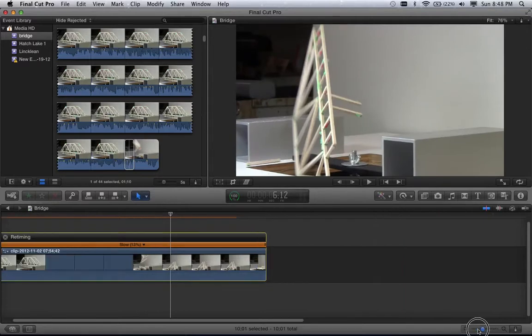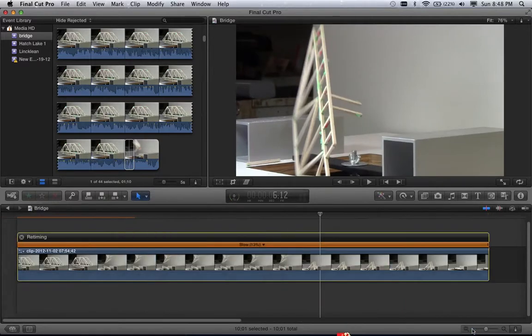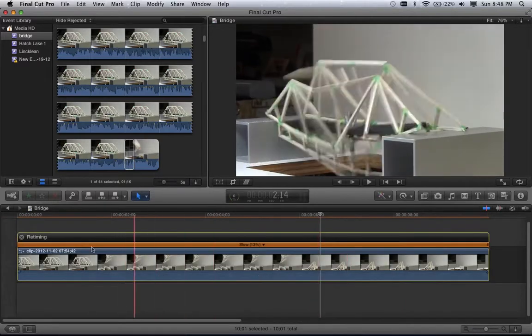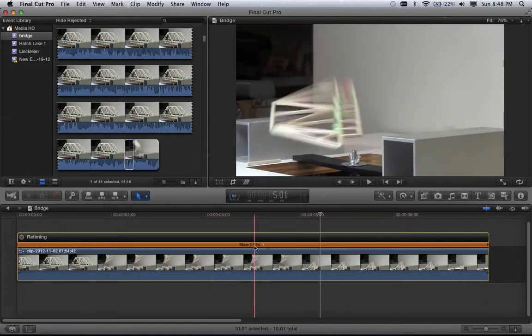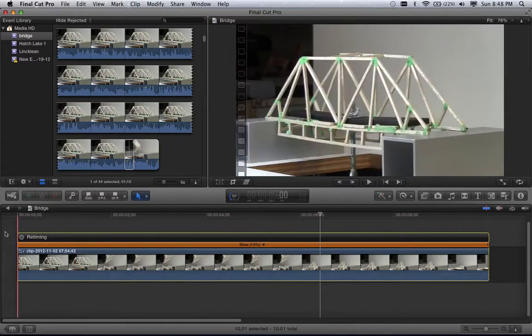And my clip is now, if I hit Shift Z, I can see my entire clip, and it's going to fill an entire 10 seconds, about 13%. Now that depends on how long your original clip was and how long you've made it. So if you make it 10 seconds and you started with a 2-second clip, the percentage will look different. The percentage isn't all that important as long as you can slow it down and see the process of your